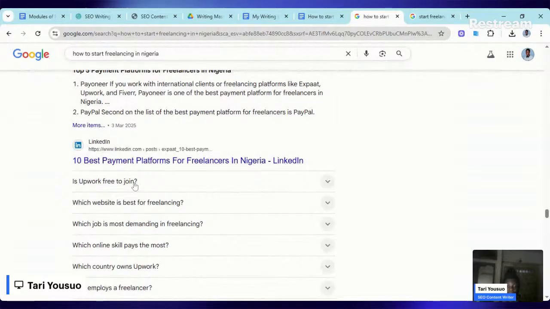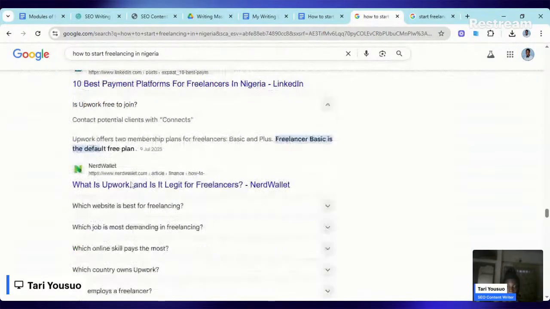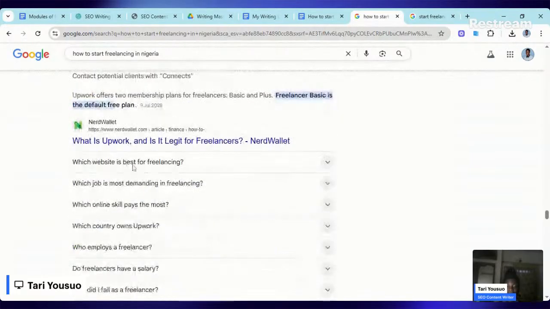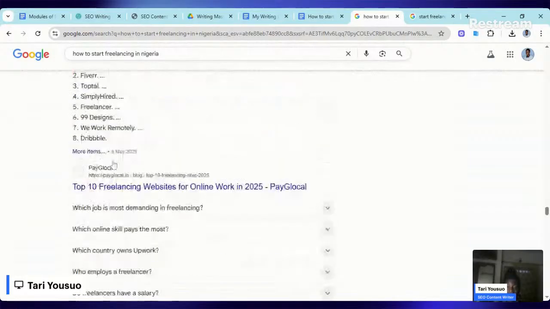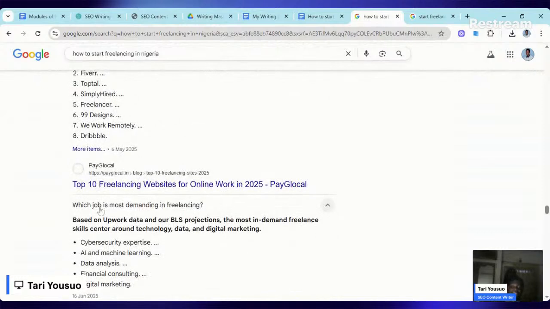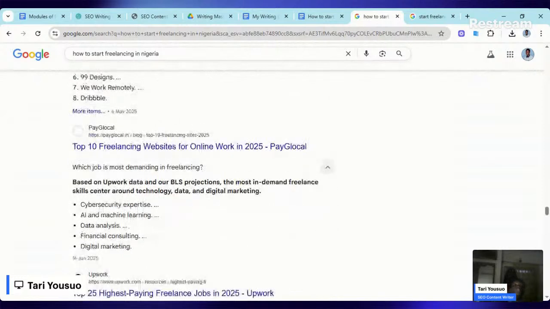Is Upwork free to join? Which website is best for freelancing? Which job is most demanding in freelancing? I think what that person is actually asking is which job is in demand,